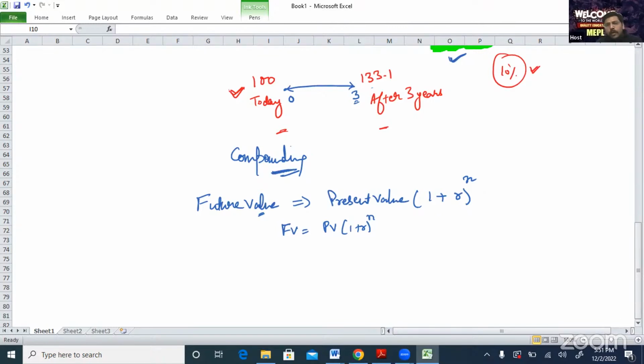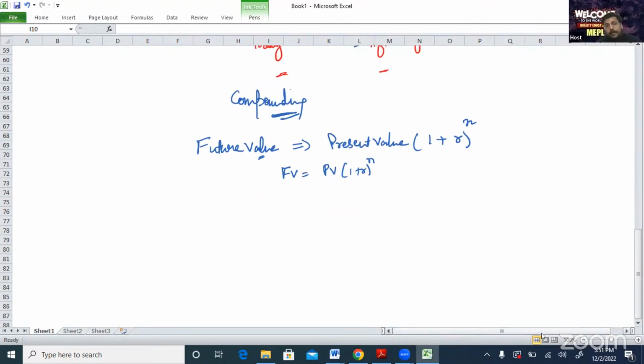In the same manner, if I want to calculate the present value, I can do it, but we will come to it later. First, let me understand how we can do it. If I say I have invested 100 rupees or $100 in an instrument at a rate of 10% per annum for 3 years, then what is the future value? This calculation was very, very easy, which is why I calculated 133.1. But now let me understand how we can do it on a calculator.